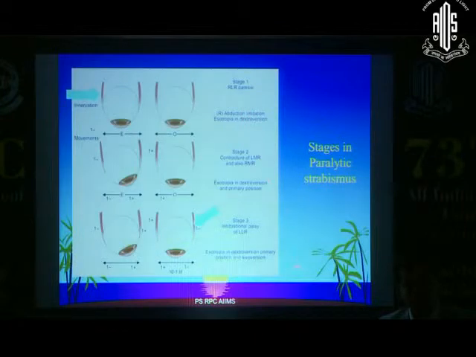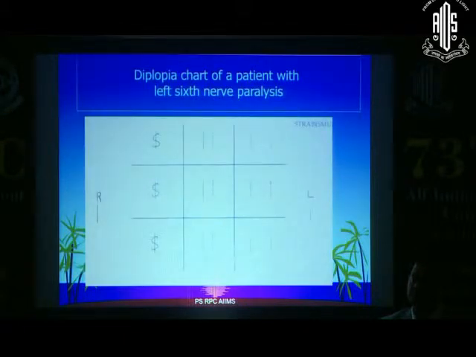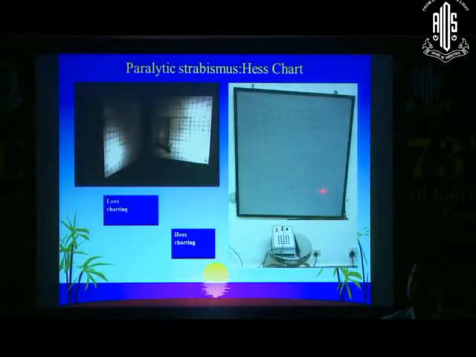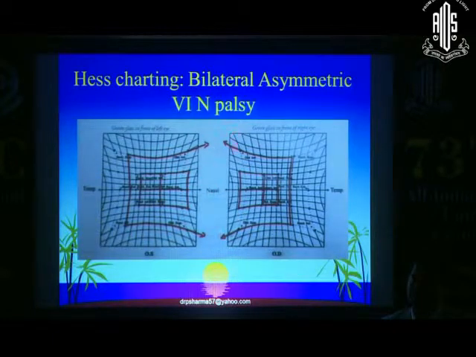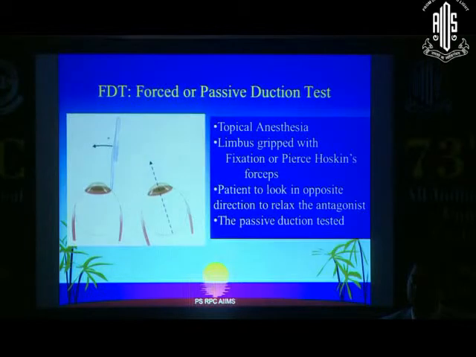The stages in paralytic strabismus you'll see in the books. I don't want to go into the details, but remember the stage of paresis, the stage in which there is a contracture of the opposite muscle, the medial rectus, and also the contralateral yoke muscle, and finally the inhibitional palsies can occur. Diplopia charting should be done, and the Lees and Hess charting, these we can talk about. But basically remember, even in sixth nerve palsies, recent and later cases will have a difference in presentation.